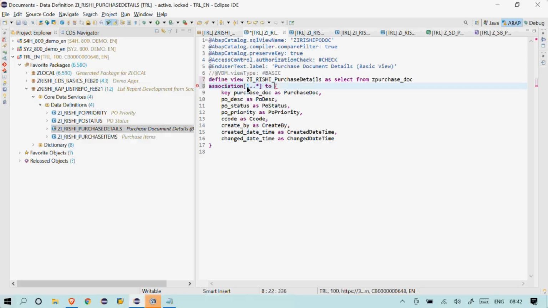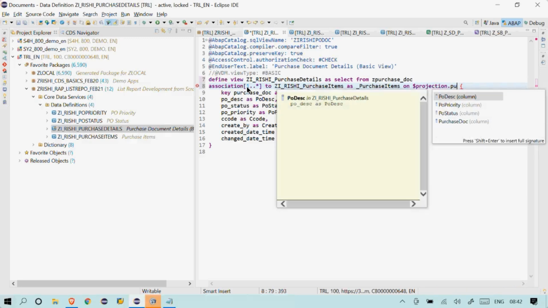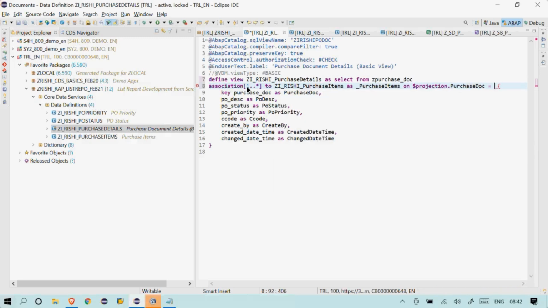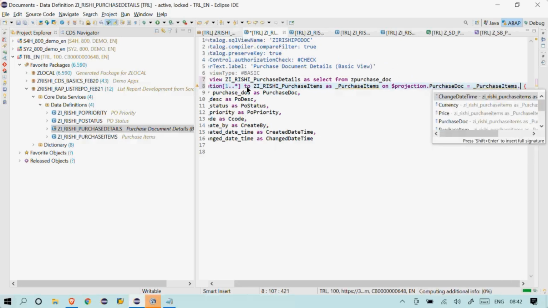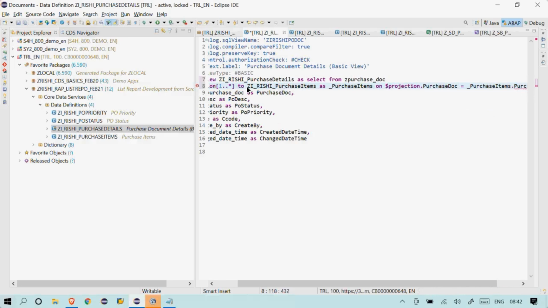So what is our target CDS view? Our CDS view is purchase items, right? So my alias name will be underscore purchase items. On what is the projection: purchase document equals to purchase, my alias name of the association, dot purchase document.